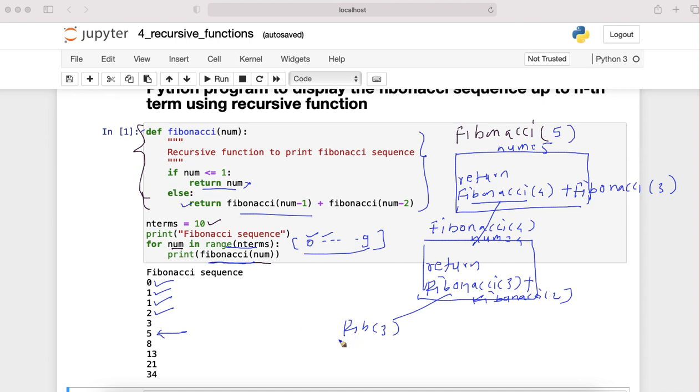So fib of 3 will generate 2 calls. Fib is the short form of Fibonacci. Fib of 3 generates fib of 2 and fib of 1, right. So this fib of 2 will generate 2 calls, fib of 1 and fib of 0. As soon as I reach fib of 1, I will get 1. This will return 1 because here this condition will be satisfied. So from here I will be returning 1, and from here I will be returning 0, and here I am